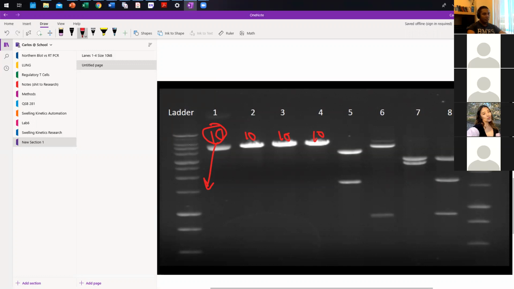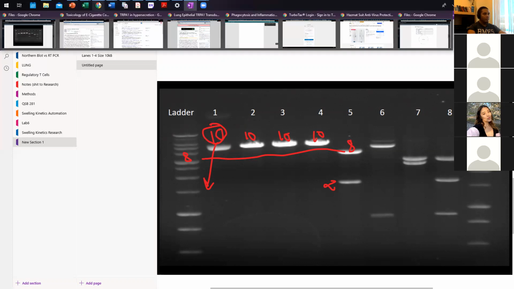So since this is 10, for instance, this one will probably be 8. These are just made up numbers. I'm not actually making the ladder. So you guys will actually have to use the real numbers. So if this is 8, then this for sure has to be 2. And then you could confirm it by looking at the ladder, because it should match up for these three. So this is 8, this is 2. And then to figure out which one it corresponds to, we look at